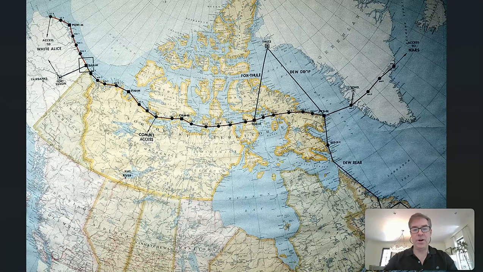And you can see here that this borders on the upper part of Russia. Is that land above it, or is it ocean? And there's Greenland. It's a part of the DEW line, as well as Canada. So basically, this was built in the mid 20th century to surveil the Arctic region.